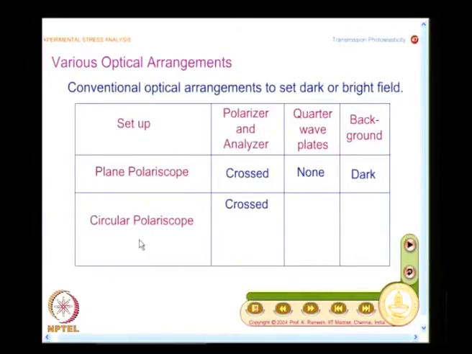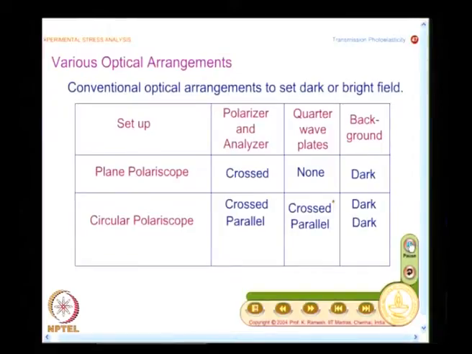And in a circular polariscope, I can have many arrangements, but only popular ones are labeled here. I can have the polarizer and analyzer crossed, then when I have quarter wave plates crossed, I get the background as dark.